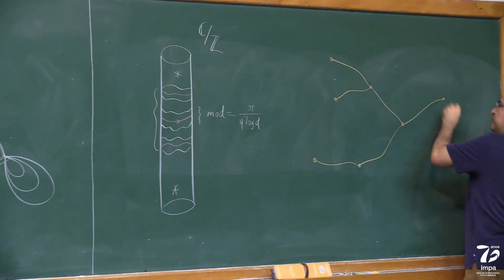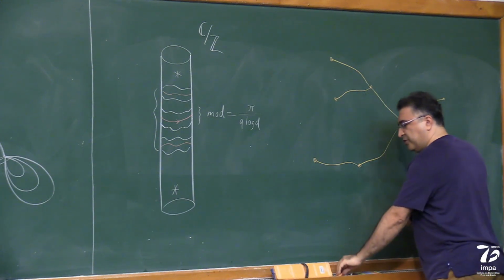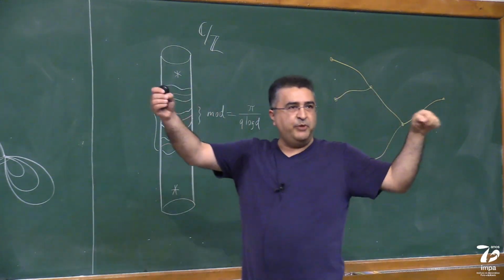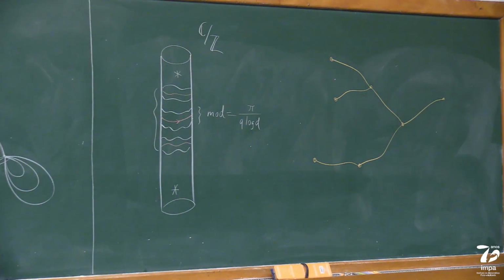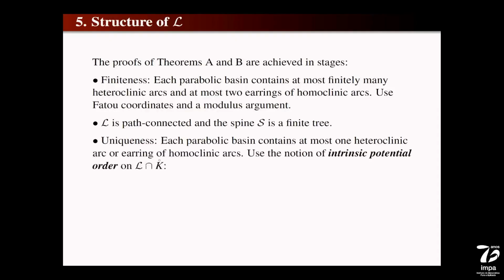And then we have to rule this out. We want to show that the spine is actually homeomorphic to an interval. It doesn't have those branch points. And what you do here is,